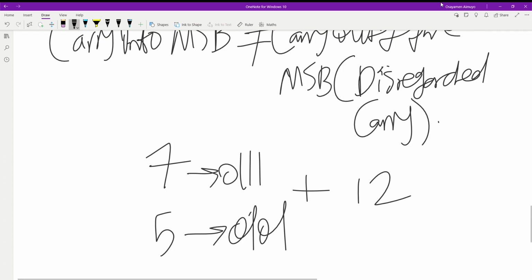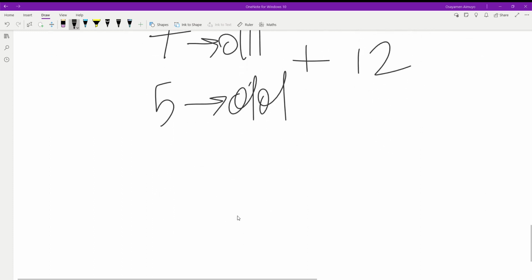Okay, this is not a particularly good example. Give me 1 second. Okay. No, it kind of worked. Okay, let's just do this instead. Okay, so you have